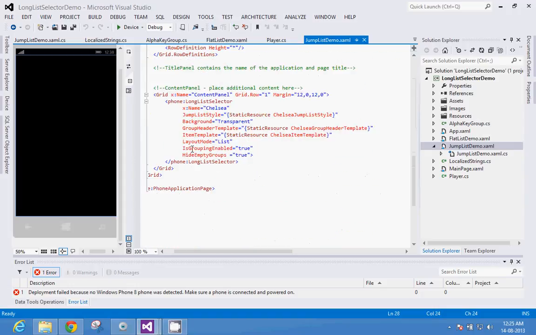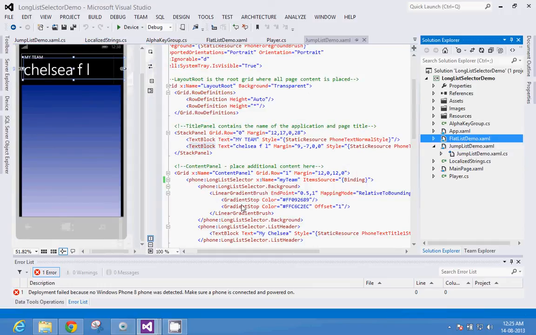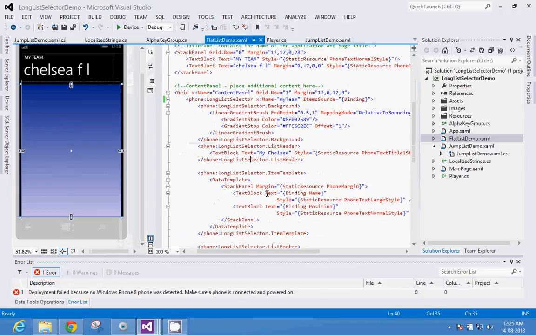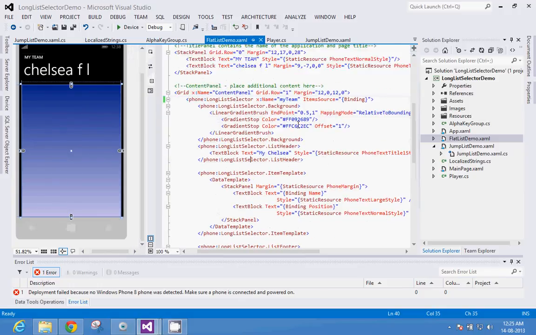Is grouping enabled? This is a very important property of your long list selector. If you want to create a jump list, grouping enabled has to be true. And if you see this flat list demo.xaml, grouping enabled should be false. By default it is false, so you don't have to mention it actually. So in order to create a jump list, is grouping enabled equal to true?